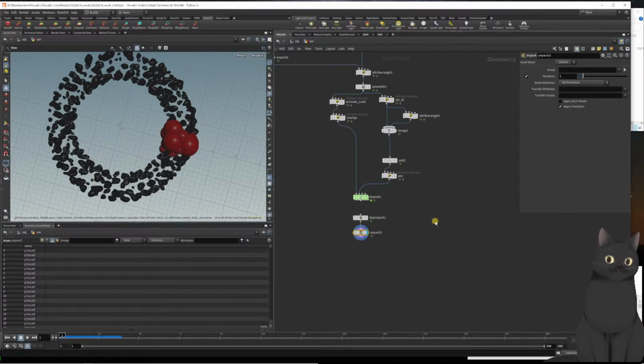So basically what I've done, I've file cached that and then output ROP Alembic. If you want to go and render it out in Houdini, you can do the following. So you should promote the CD attribute from point to primitive. Then you